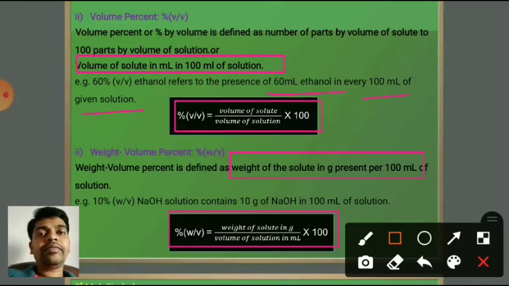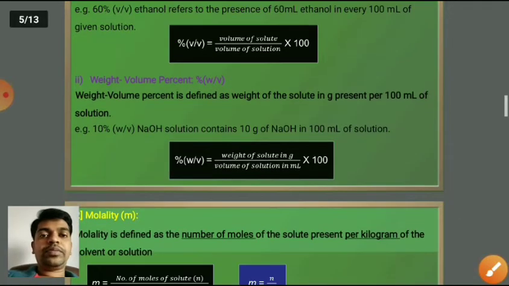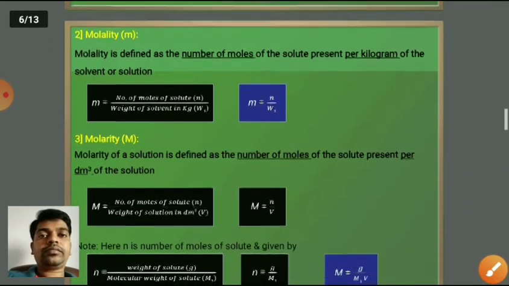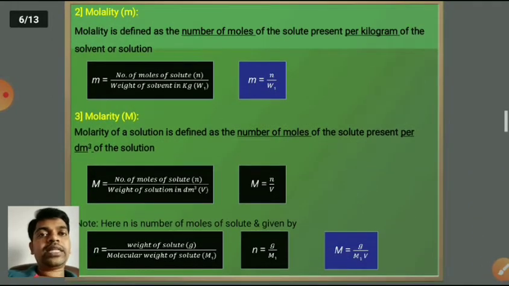So these are the three different percent concentrations: weight percent, volume percent, weight volume percent. Let's see a few more expressions. The next one is